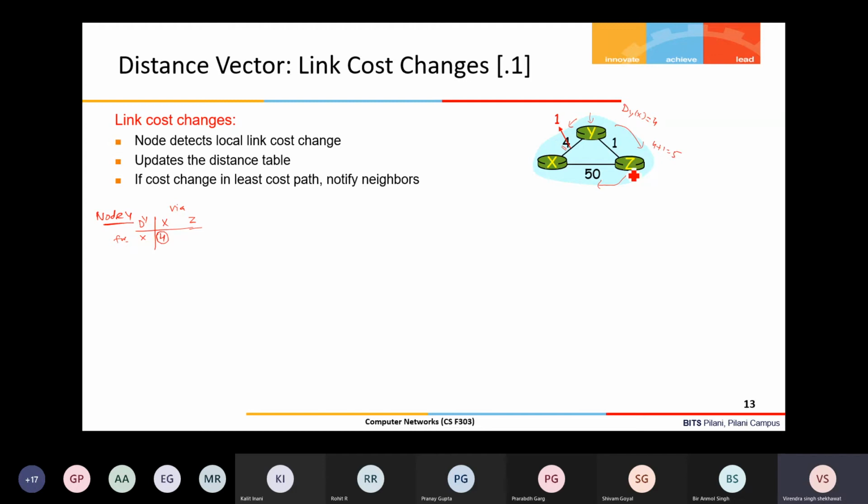My other cost, which I have directly to X, is 50, which is more. So the least cost for me to X is 5. Earlier the cost was 50 and the new cost is 5. Z is giving this to Y, so Z is sending that my cost to X is 5.